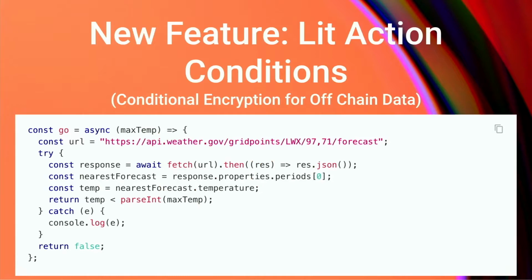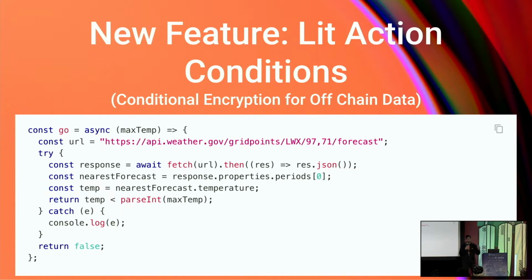So now we're going to talk, yes. And there's one feature, and this will make more sense when I talk more about Lit Actions, but basically for the past year, we've had to do the conditions based on on-chain data, and then very recently we've released the ability to call any data across the web, any HTTP request that can return true or false, and perform decryption. So if you want to say, somebody must follow me on Twitter to decrypt this data that is stored on IPFS as an encrypted blob, that's now possible. This is a brand new feature, essentially conditional encryption for off-chain data, and this is currently live.